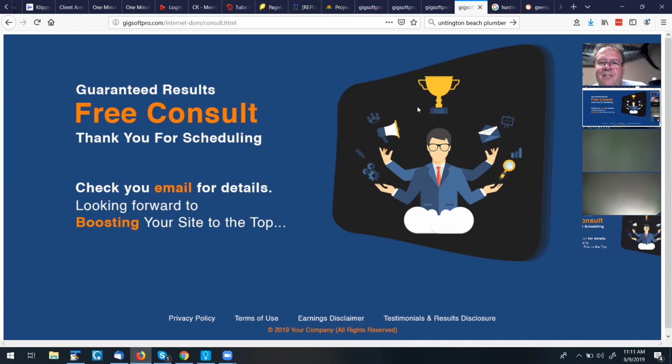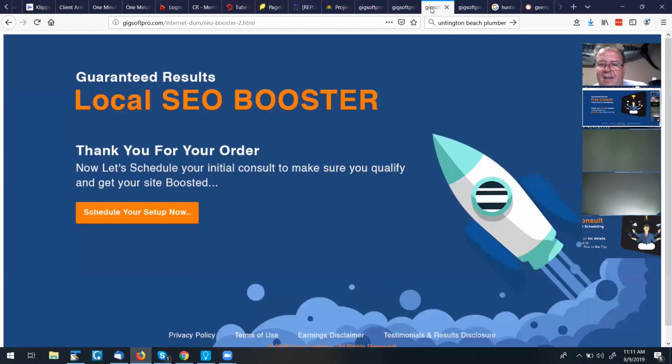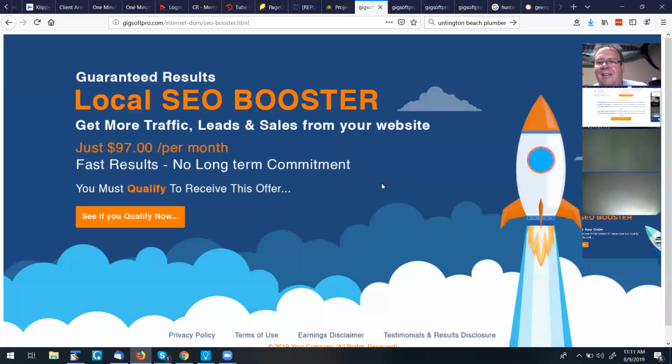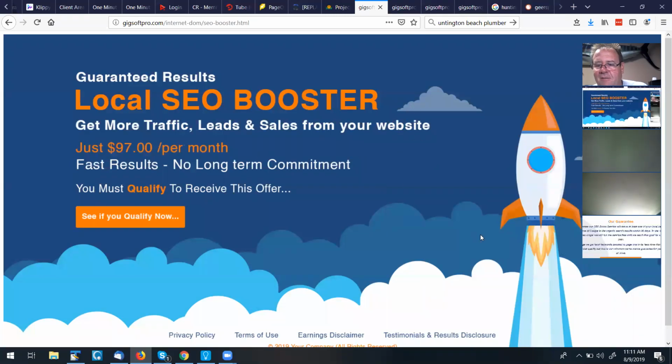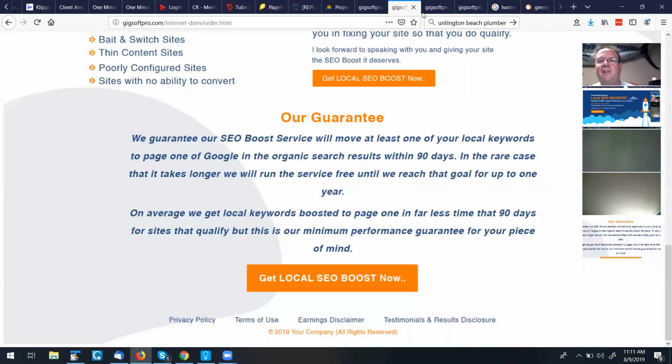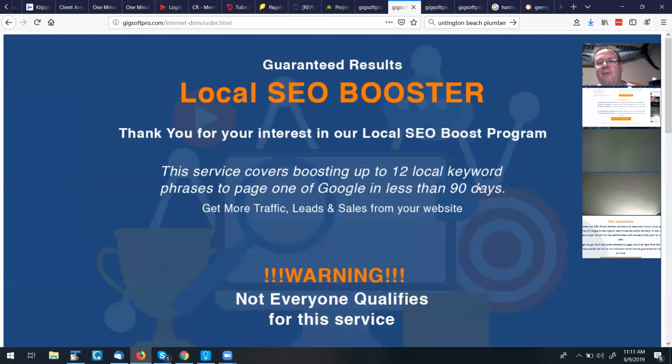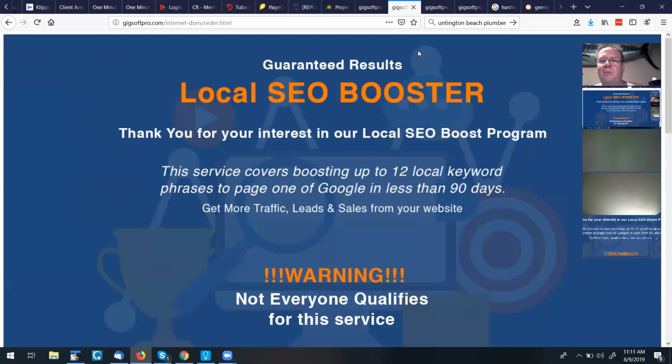Notice we've got different templates here. The designer was seeing what kind of style I liked. Okay, so there's another one. I particularly like this one. I think we're going to go with that one right out of the gate to create the funnel with. But again, we should have that up for you. If not today, it should be done over the weekend, and I'll get it up in the member site.